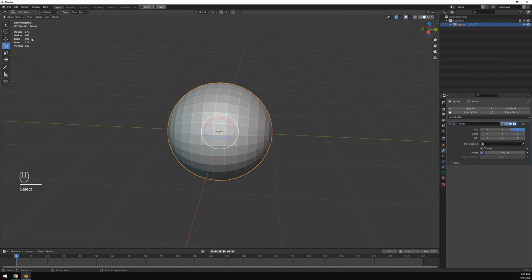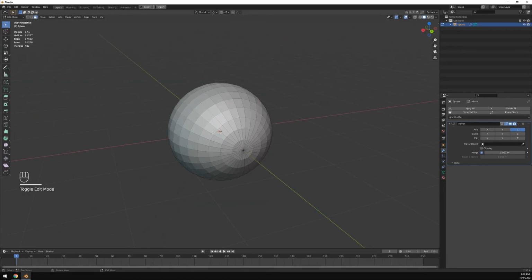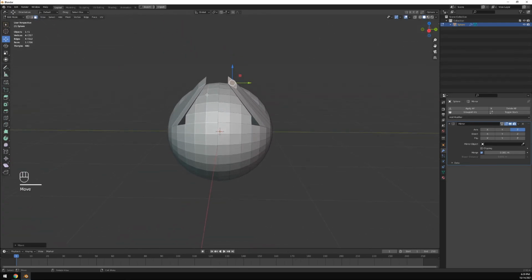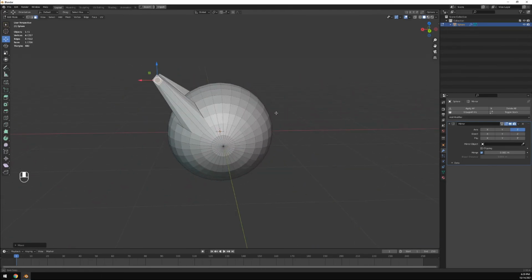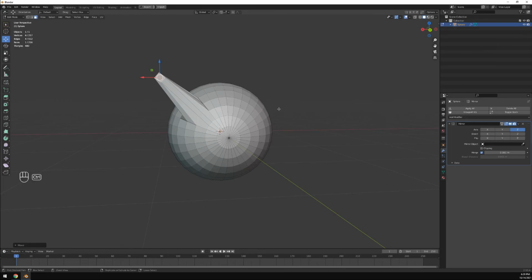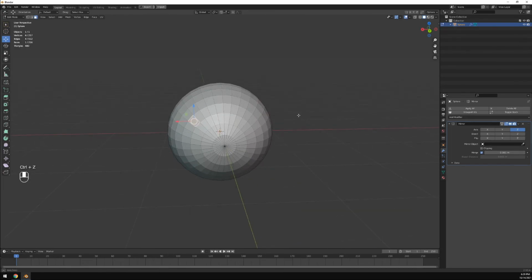So now anytime I come in and try to edit something, say right here, if I grab the move tool, see, it gets mirrored exactly. So now we do half the work. I guess there's a way to mirror it even further, but that's kind of complicated, and I'd rather just show you a simpler way to do it. You can go down a really bottomless rabbit hole with modifiers, and it can get confusing if you don't